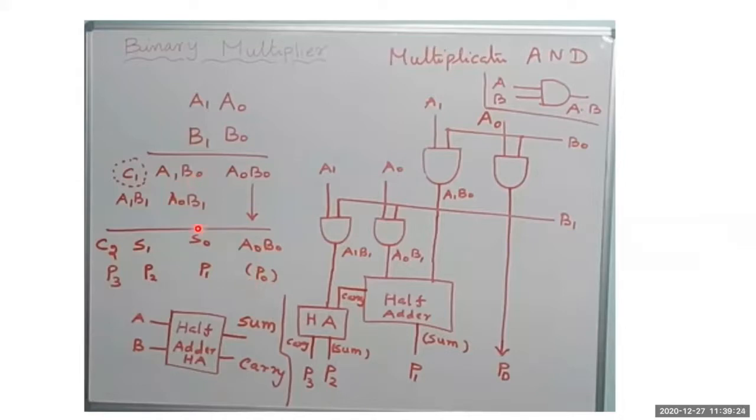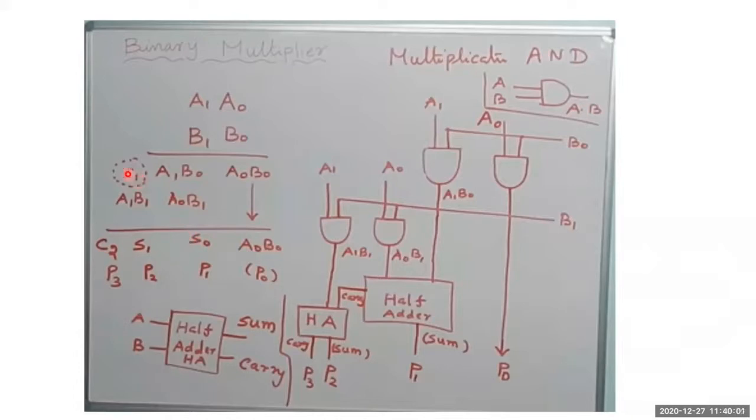And then here, let us see now. Whenever you add these two, you will get one sum. Let the first sum equal S naught. This is called product one. And we know that whenever you are adding two numbers, you will get a sum, and it will also generate a carry. That's the basic fundamental operation of an adder. An adder has two inputs, and when a two-input addition is done, it produces two outputs, sum and carry. Let the sum of the addition of these two partial products be S naught, and it produces some carry. Let it be equal to C1.